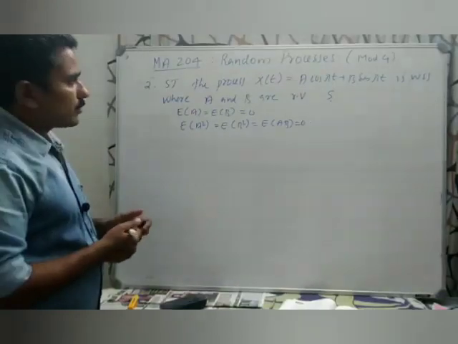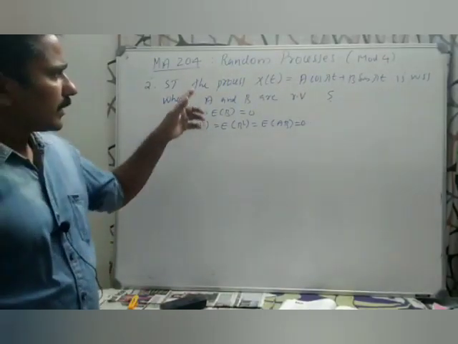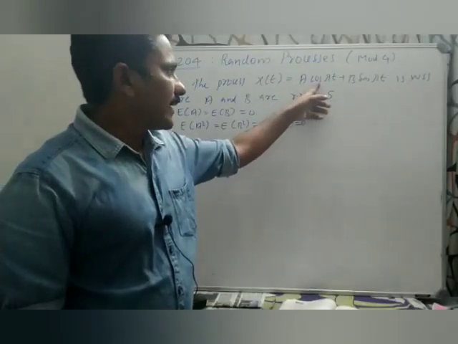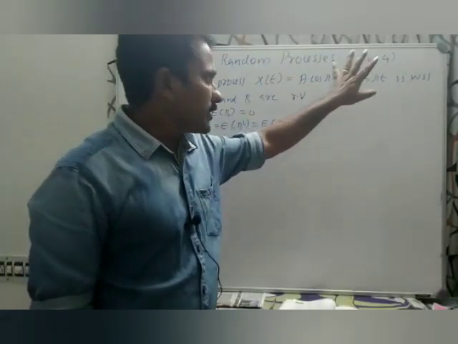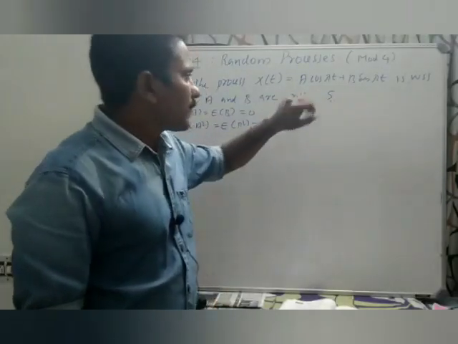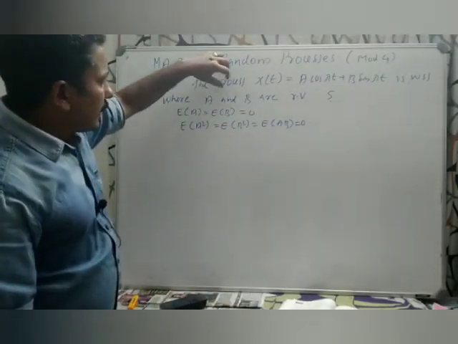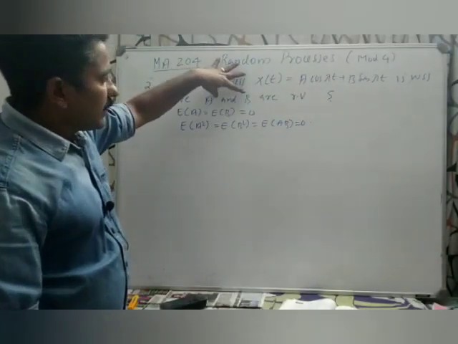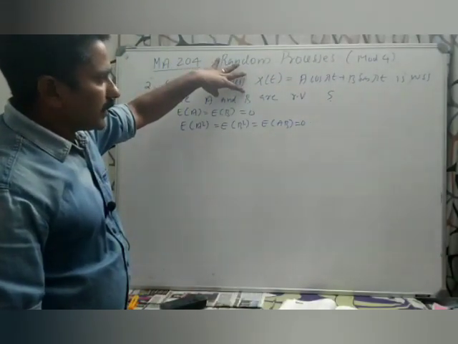Okay, this is our second problem. And here again, x of t, this random process, is defined explicitly as a cos lambda t plus b sin lambda t. A and b are wide sense stationary. Lambda is a constant, and a and b are random variables. And these are the conditions of